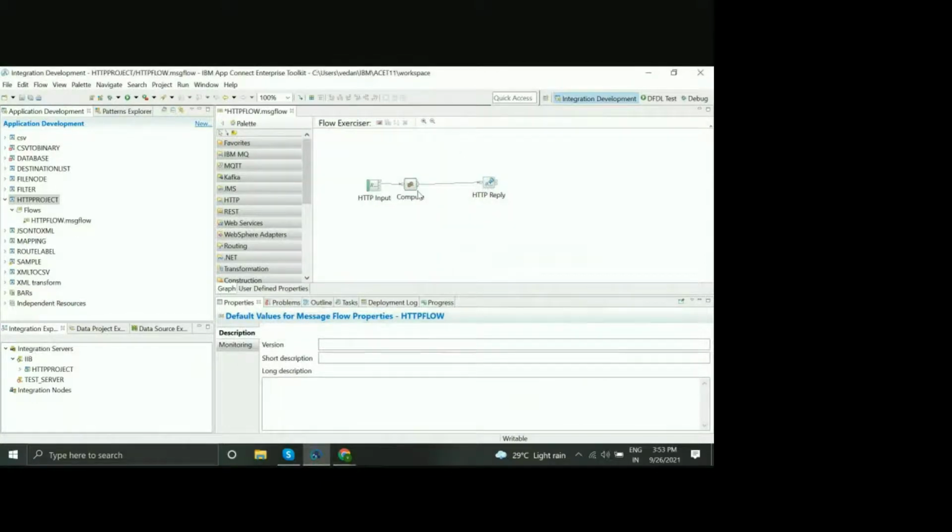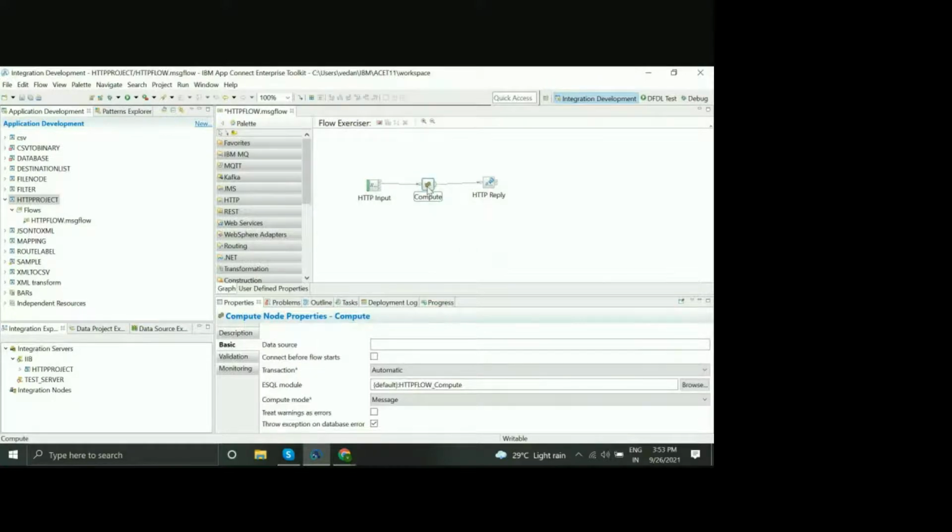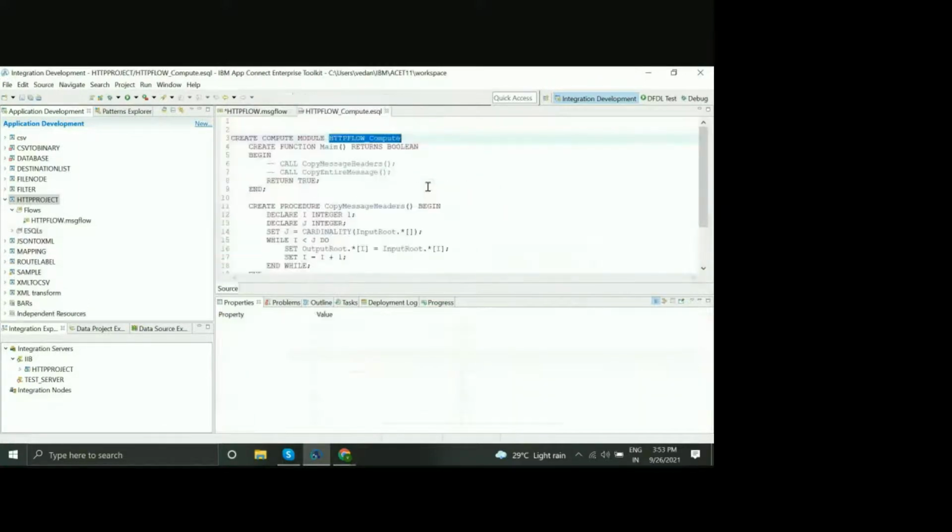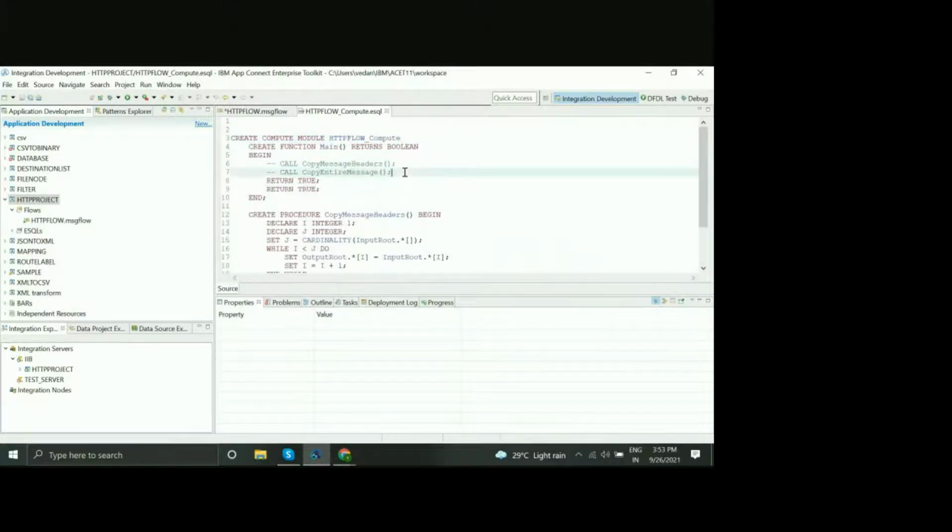Done. Now double click on the compute node and write a statement on line number 6. Yeah, you can write it on line number 8 as well. Write set output root dot xmlnsc dot message.